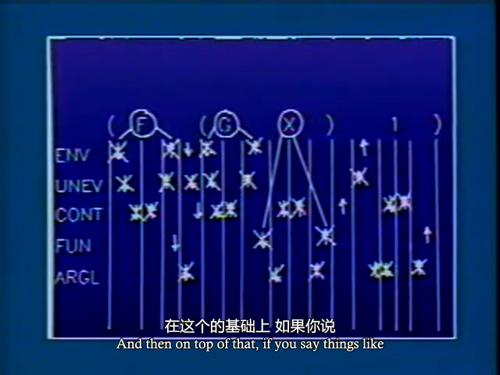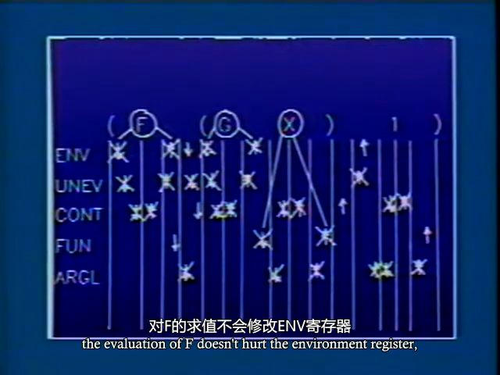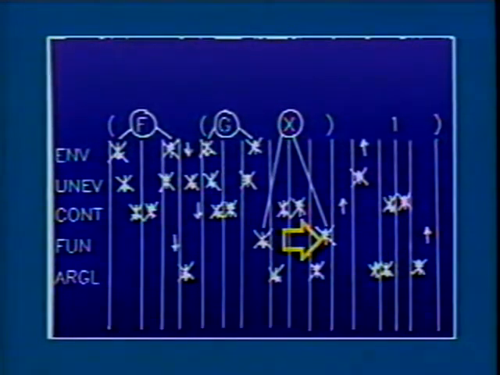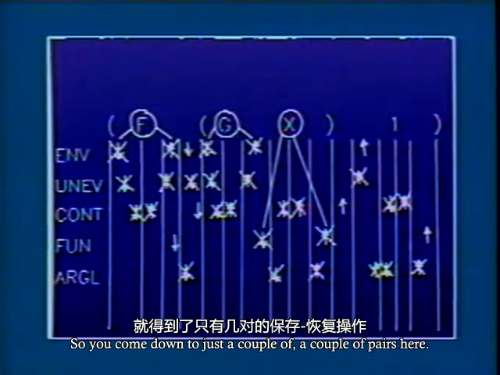And then on top of that, if you say things like the evaluation of f doesn't hurt the environment register, or simply looking up the symbol x, you don't have to protect the function register against that. So you come down to just a couple of pairs here,